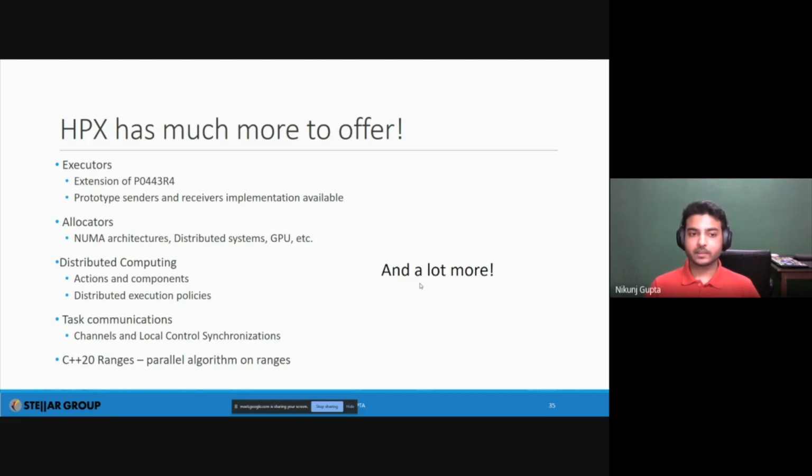And in the end we have these queues and these schedulers, and they communicate between each other. So it allows you to actually do work stealing as well, and that can be seen easily with allocators that we have provided in HPX.